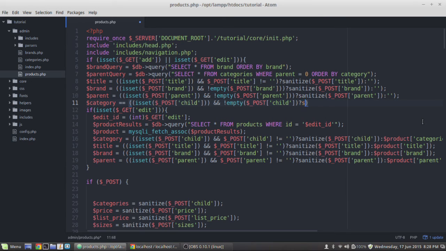Then sanitize, and we could have copied and pasted all this and saved us some time here. Sanitize $_POST child. Okay, and then we do a blank string if that's not true. Alright,